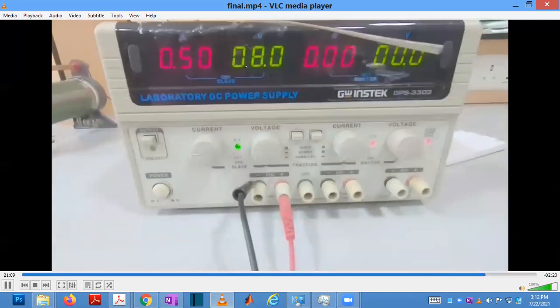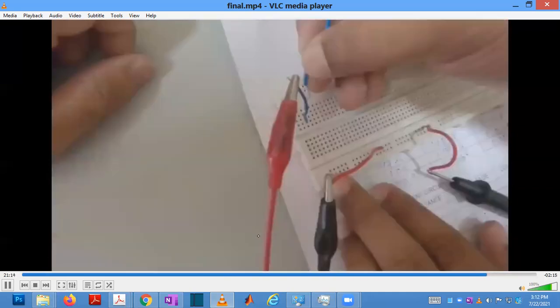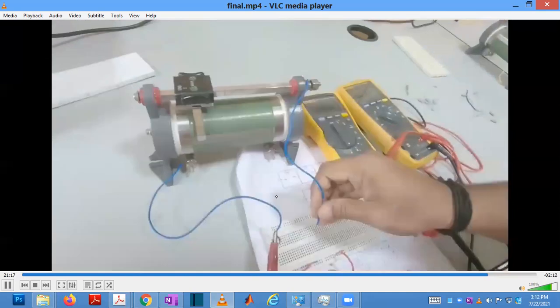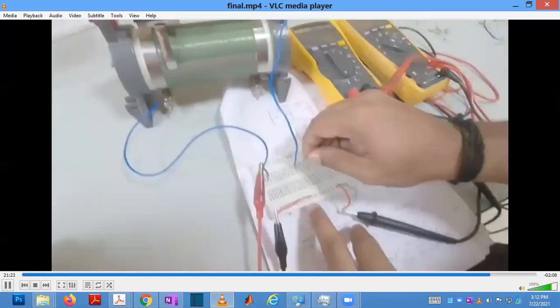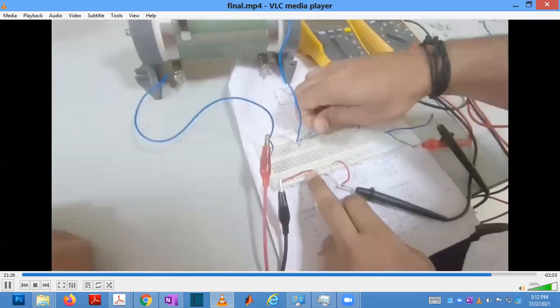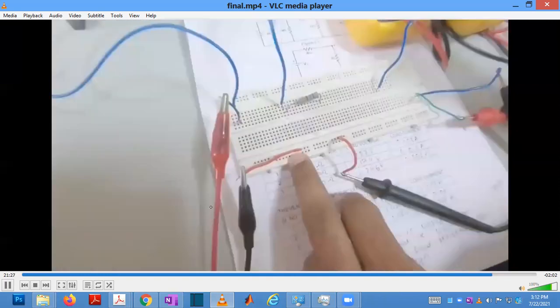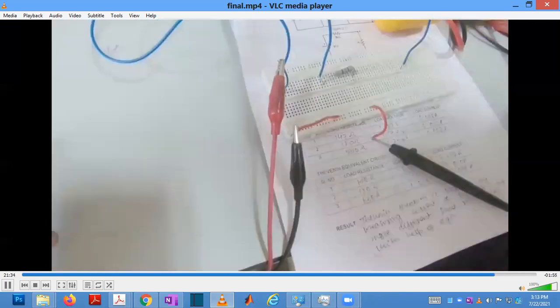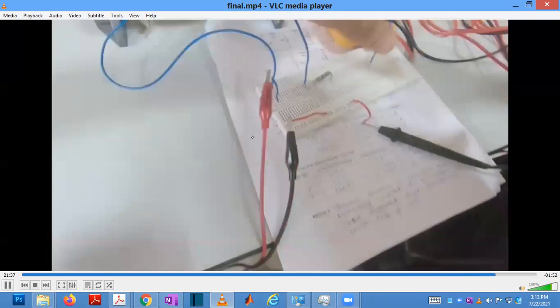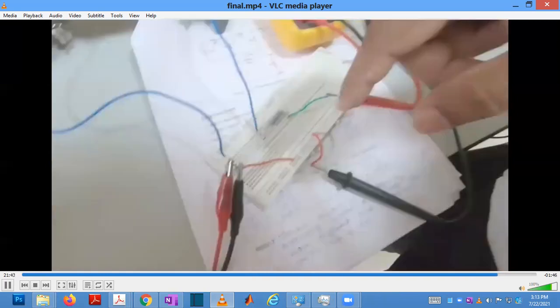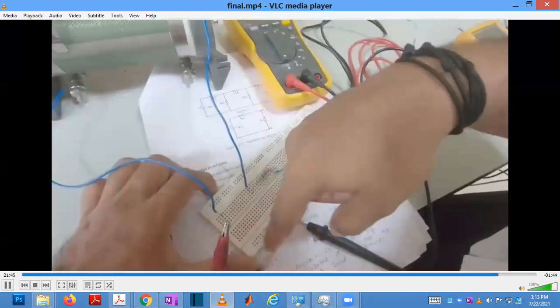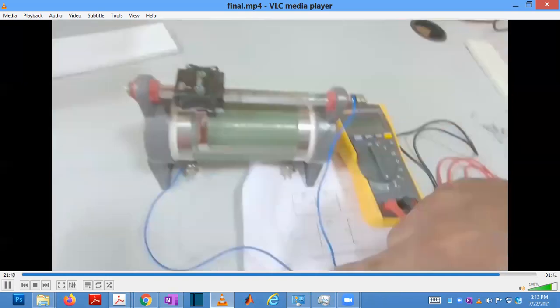Here you have to adjust the power supply to the VTH value. So I have connected these wires here, and my resistance here is 10.6. Whatever load resistances you used earlier, you use those same load resistances, and in series you connect the ammeter, and in parallel you connect the voltmeter. So I am connecting the ammeter in series now, and now I am connecting the voltmeter in parallel.